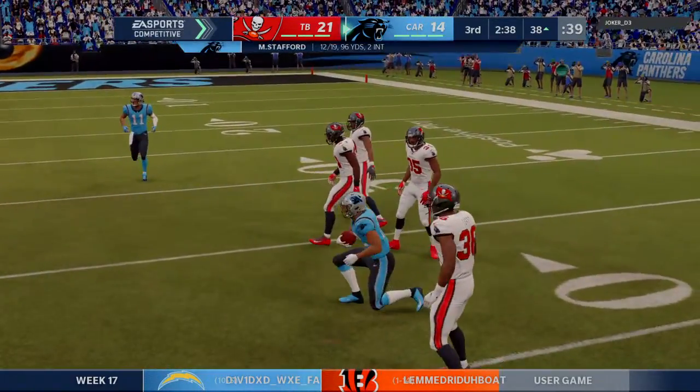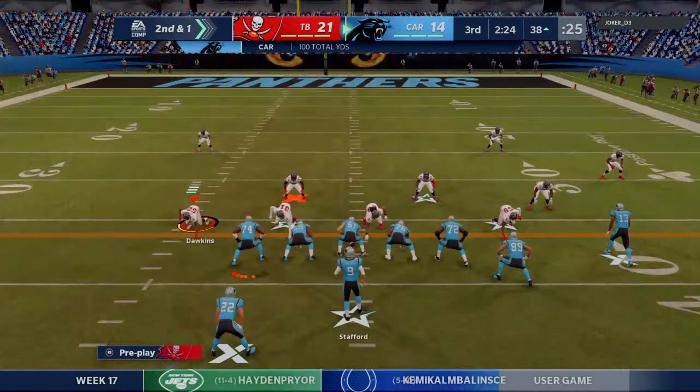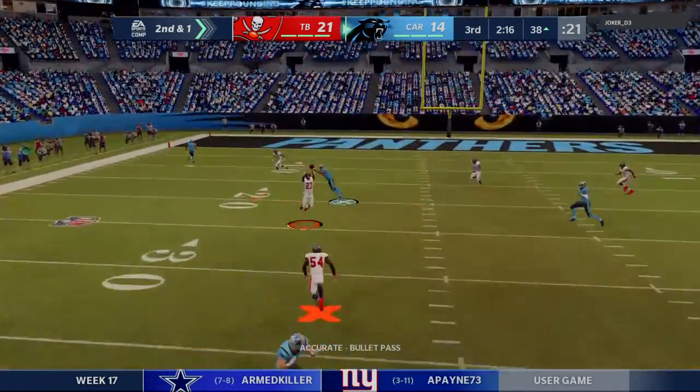And a quick throw here, that's complete. To DJ. One thing you're hoping for when you run drag routes, you're able to hit a receiver in stride, and he can pick up a lot of yardage after the catch. But in this situation, the defense was effective, able to stop him before he could get...